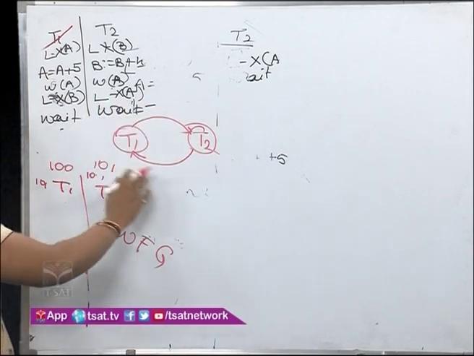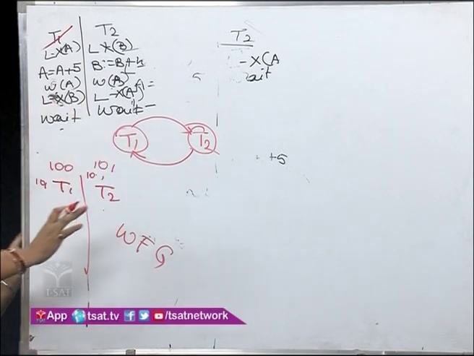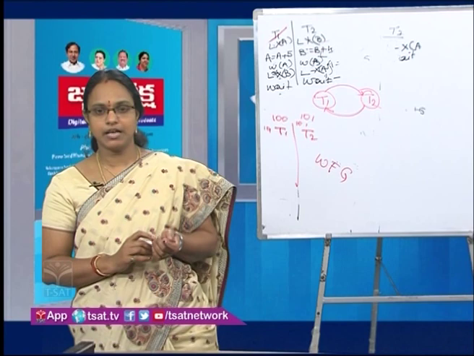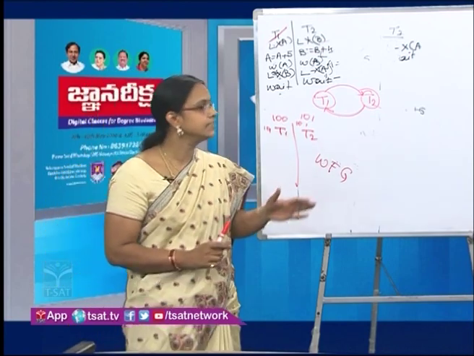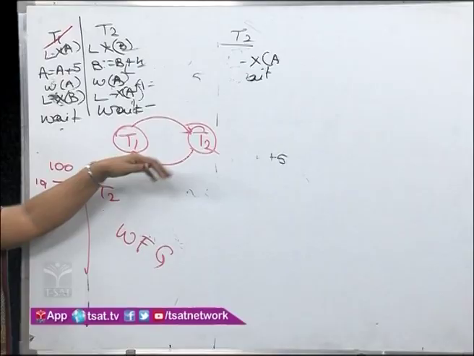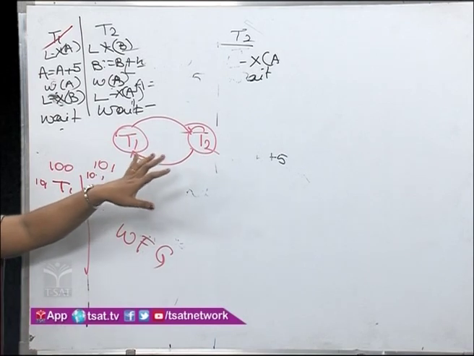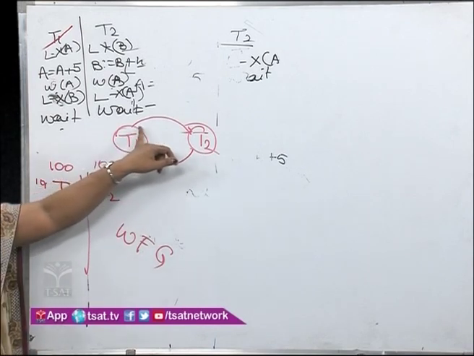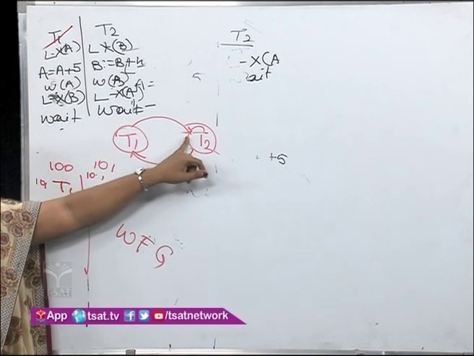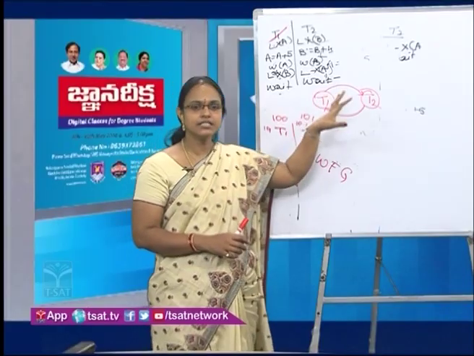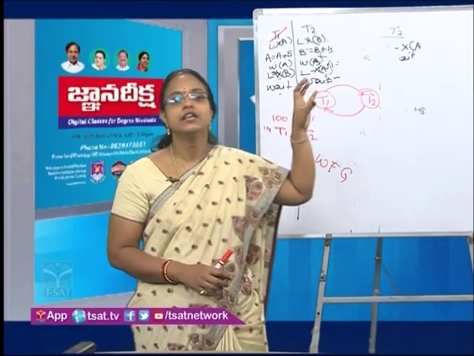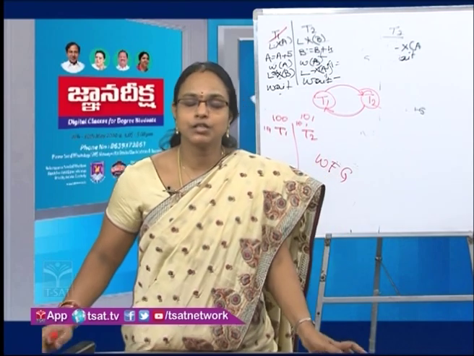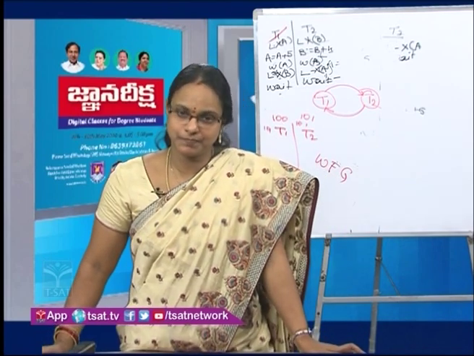The system, at regular intervals, will use this wait-for graph and detect whether there is a cycle in it or not. What is a cycle? A loop. Check whether there is a cycle in this graph or not. From here to here, yes, there is a cycle. If there is a cycle in this wait-for graph, the system will come to the conclusion that there is a deadlock in the system.